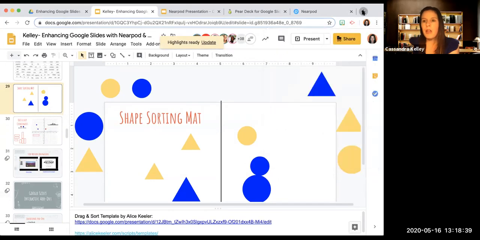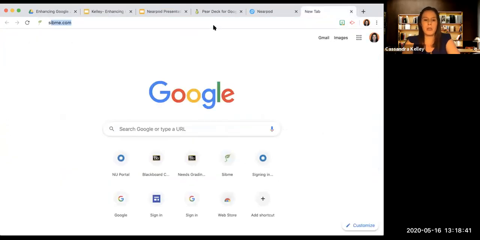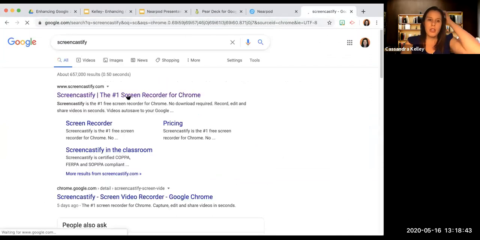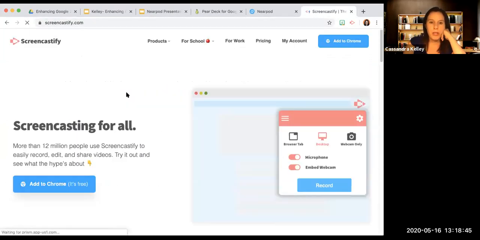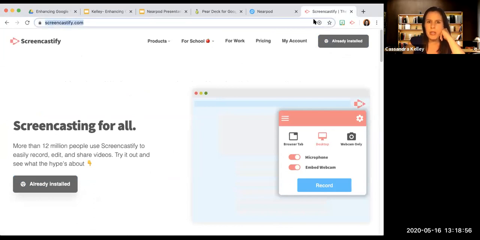So if I look in my next tab and I just look up Screencastify, it should come up where you can download the extension too. So it had right here where it says already installed. This is how I went to install it. But I think if you go to just the Chrome extension store,